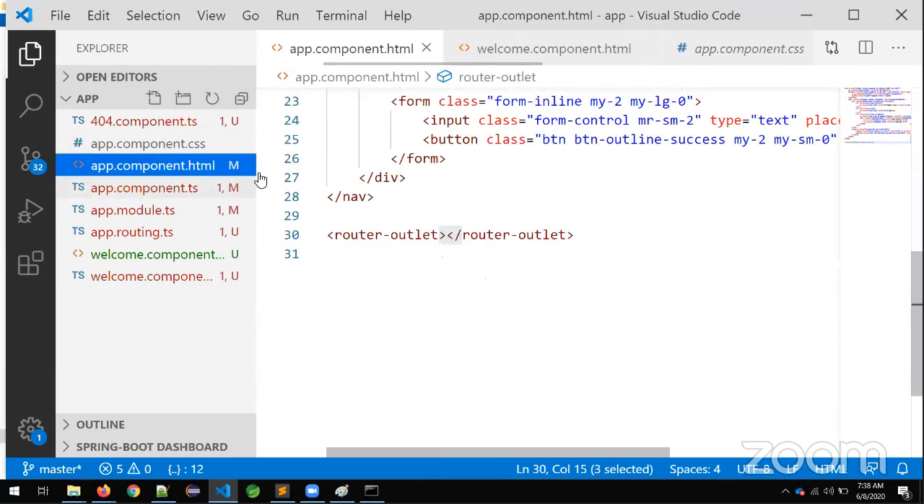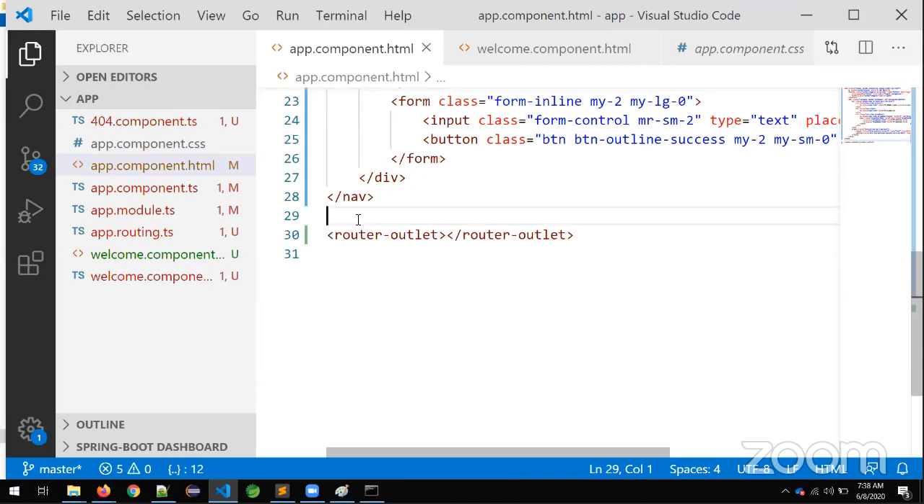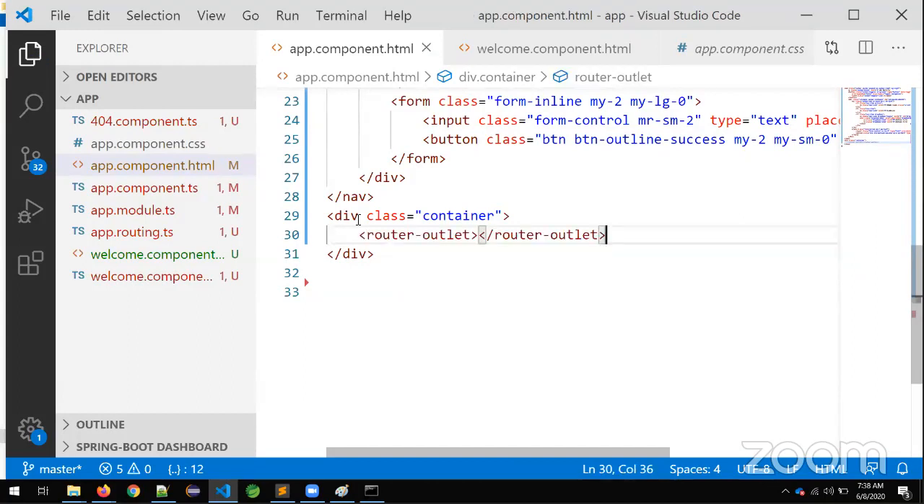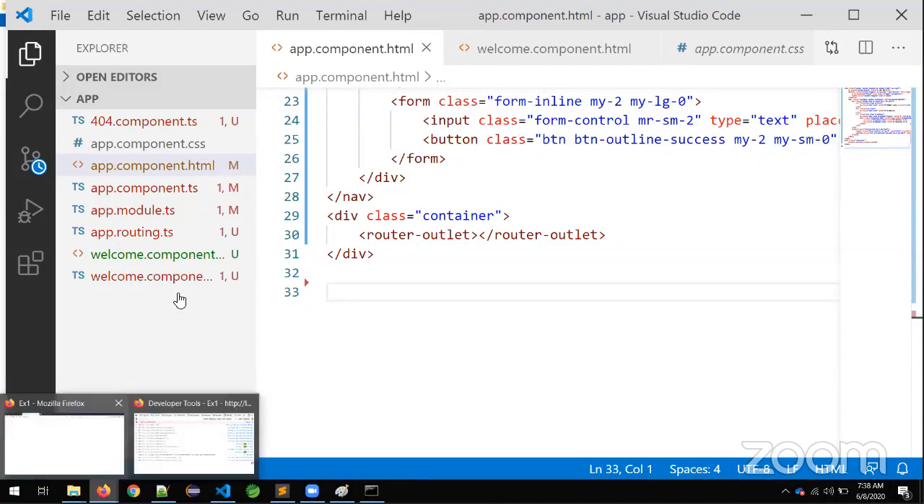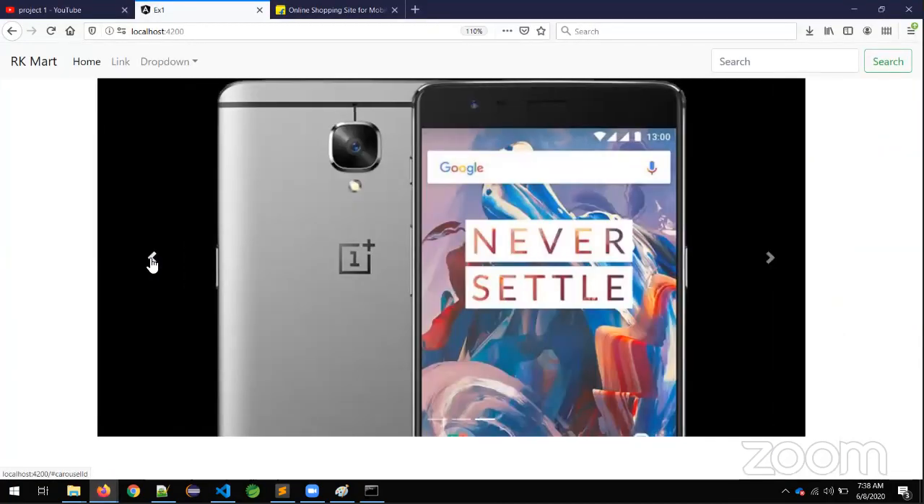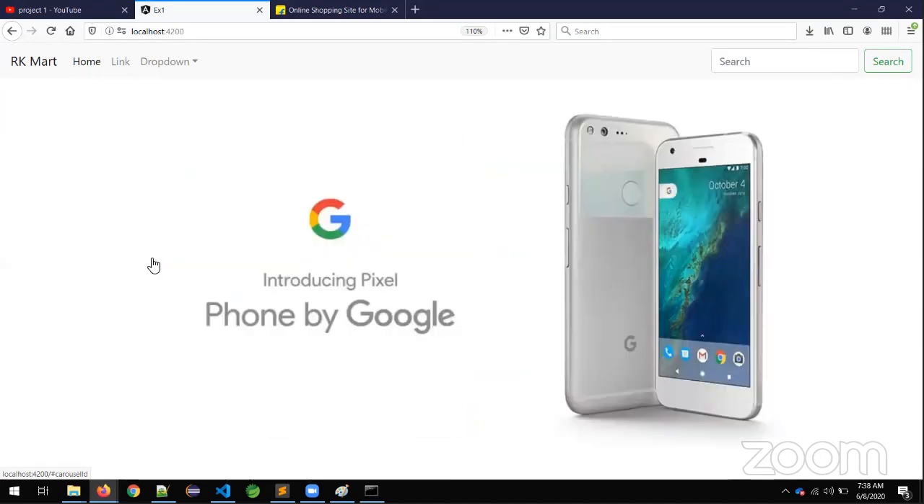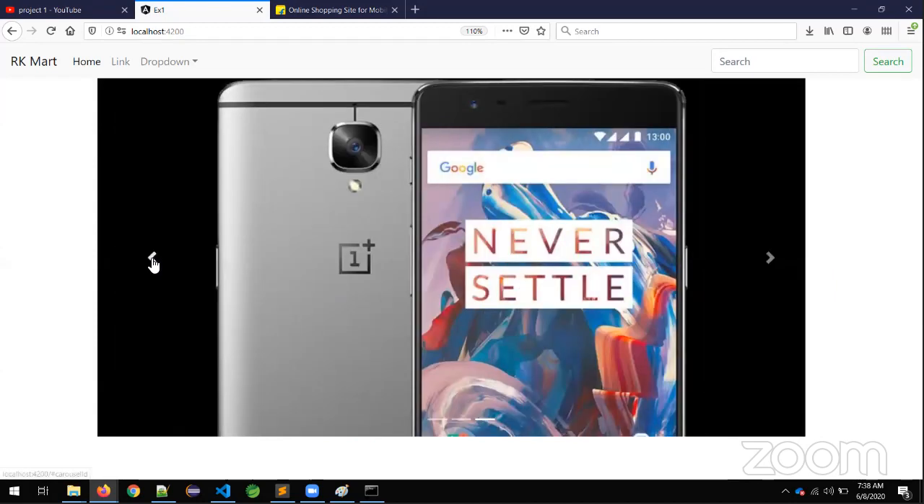Now I will add one important thing also, div. In this one, class equal to container. Observe, class equal to container. It automatically centers your UI. Now you can see all the things are coming exactly at the proper place. See,